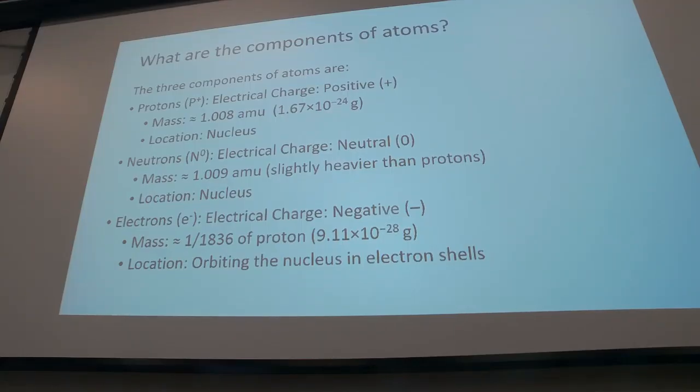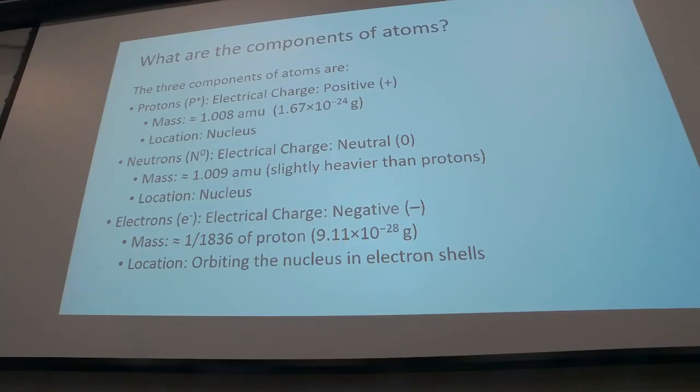So now, for the specific details of the components of an atom. Protons, again, have a positive charge. It can be written as P with a plus sign in the upper right, that's the superscript. And this is the mass: around 1.008 atomic mass units, which is equivalent to 1.67 times 10 to the minus 24 of a gram. So it's a very small amount in grams. And where is it located? In the nucleus